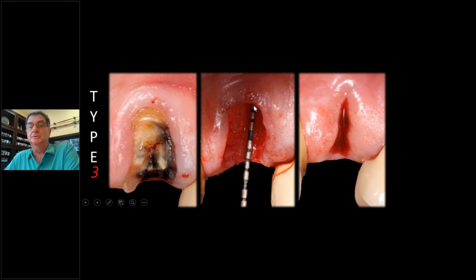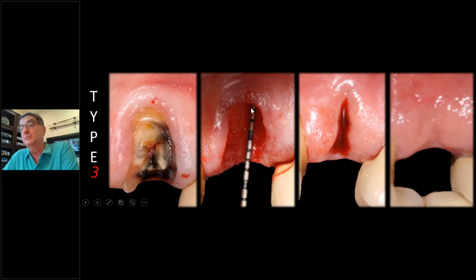Watch it. Here it is at 2 weeks. And here it is at 10 weeks. Now you have just a normal healed ridge with plenty of tissue. Now you still have to graft. There's still going to be a buccal defect there. But now look at all that beautiful, colored, nice, keratinized tissue. So let nature help you with it. Don't be in such a rush all the time.